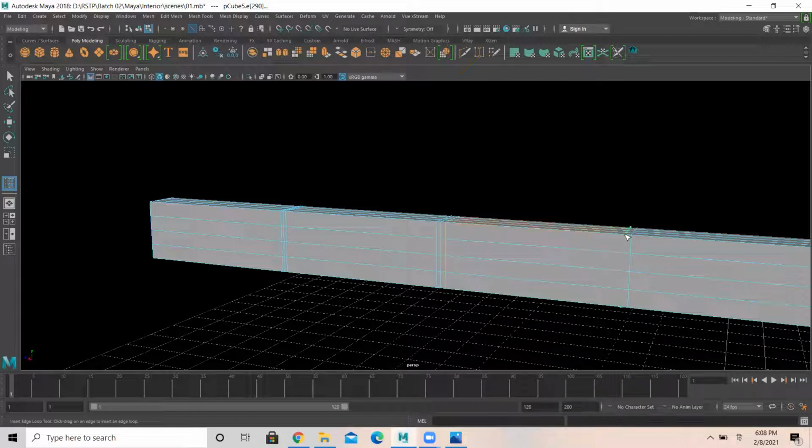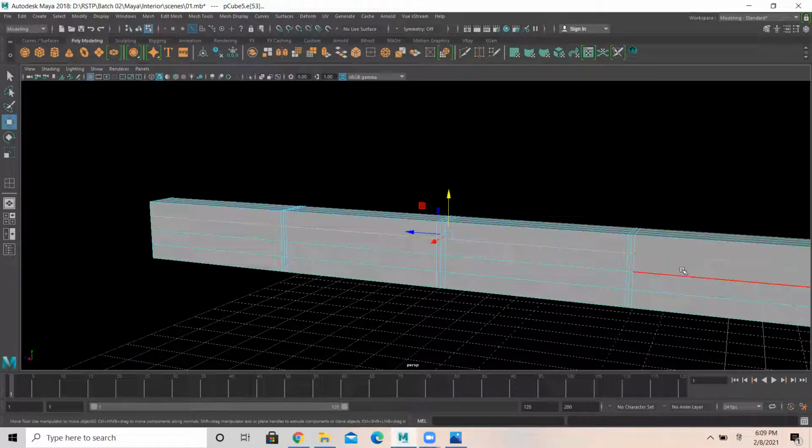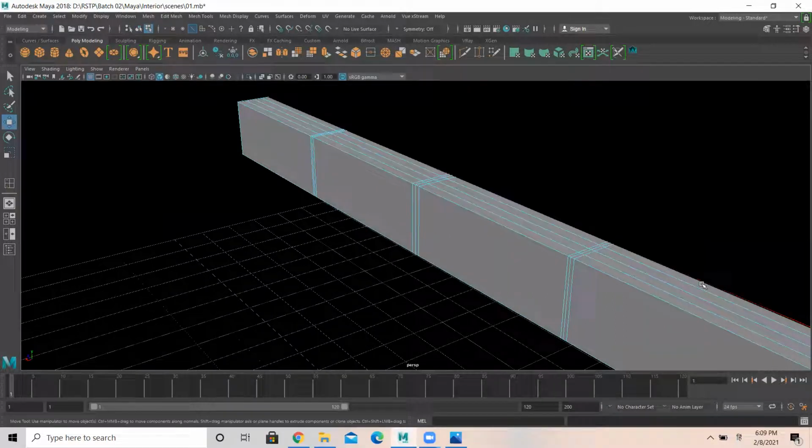Then again I'll add here, here like this. Okay. Then what I'll do, I delete these edges. I don't want those edges. I delete this also.